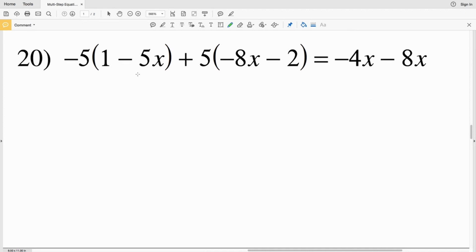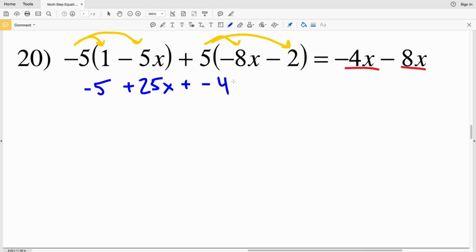Negative 5 times 1 minus 5x plus 5 times negative 8x minus 2 equals negative 4x minus 8x. So on the left-hand side, I'm going to start by distributing. And on the right-hand side, I'm going to combine like terms. So negative 5 times 1 is negative 5 minus negative 5 times 5x is a negative 25x, so that's going to be plus a positive 25x, plus 5 times negative 8x is negative 40x,